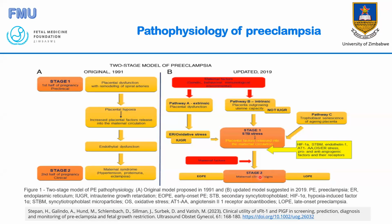If this pathway occurs late, then we are going to see late onset preeclampsia. If it occurs early, we may see early onset preeclampsia. This pathway does not necessarily give us an IUGR baby. The baby may normally grow. This is the picture we commonly see, because late onset preeclampsia is the most common compared to the early onset disease, which makes up about a third. So these are the suggested pathways,